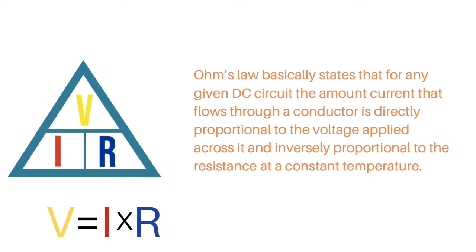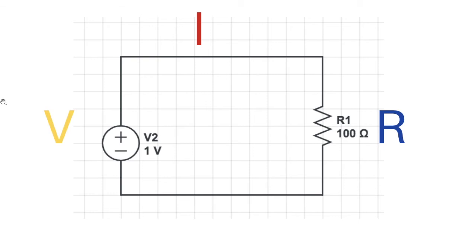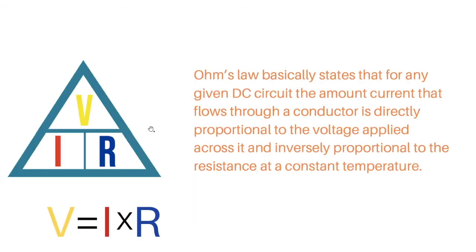What Ohm discovered is that for any given DC circuit, which is a circuit that is like this, has direct current, the amount of current that flows through a conductor, which is wires, is directly proportional to the voltage applied across it, and inversely proportional to the resistance at a constant temperature. Algebraically, it means that voltage is equal to current multiplied by resistance,